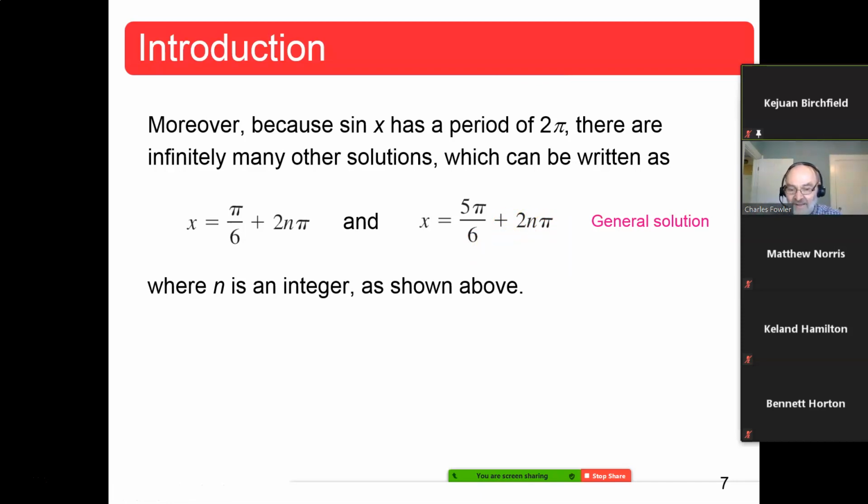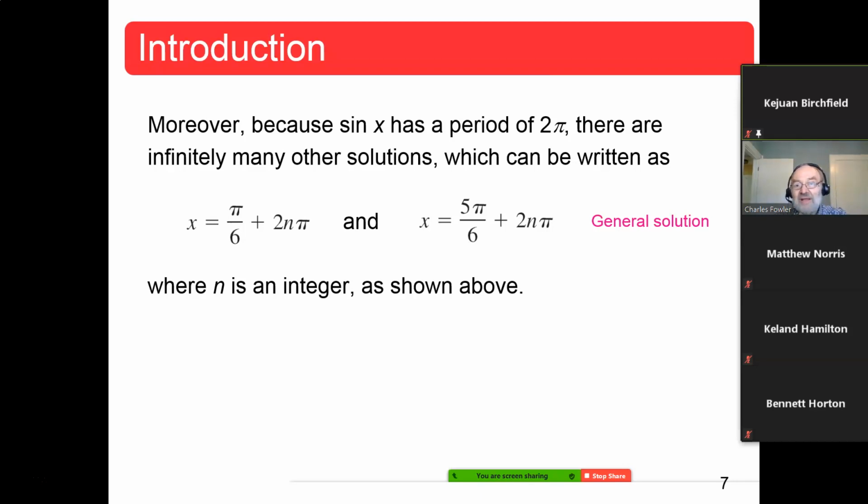plus 2n pi. Sorry, my throat's hurting so badly. I hope this is going to help and not hurt it. Sometimes I think the sugar does more harm than good, but the carbonation seems to help some. I don't know if it does or not. So anyway,